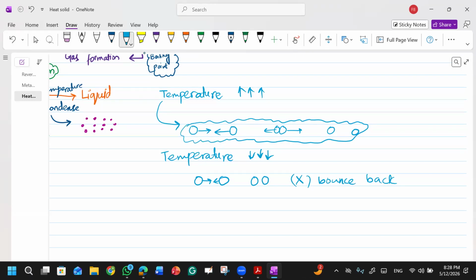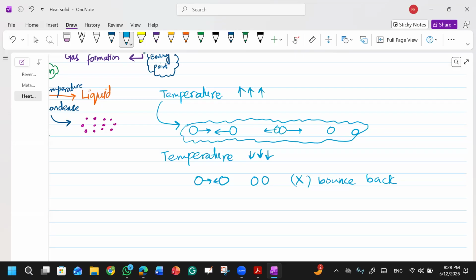The opposite happens in the heating curve. In the heating curve, when you heat any substance, the particles approach each other because their kinetic energy was increased. Due to this increased kinetic energy, when they approach each other, they bounce back, they bounce apart. After bouncing, they go in different directions in the heating curve. But in the cooling curve, the opposite happens.